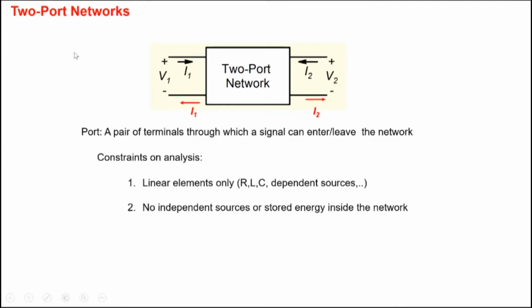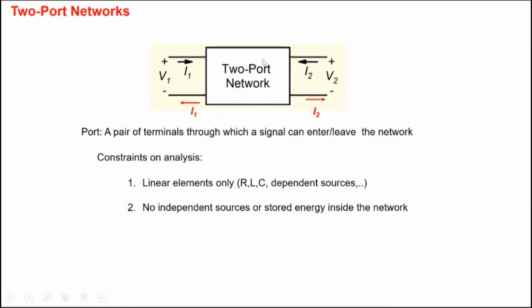So the concept that we're going to build is based on the 2-port network being a linear network consisting of only linear elements: resistors, capacitors, inductors, and dependent sources. And we'll put a further constraint that there are no independent sources within the network here, and no charge stored on the capacitor, no stored energy inside the capacitor. So with these 2 constraints, what we'll claim, we will not rigorously go into justifying it, but it will be sort of obvious to you that we can have a very simplified